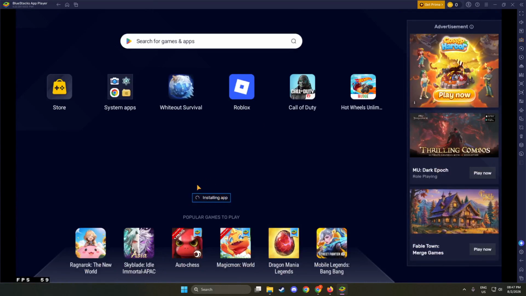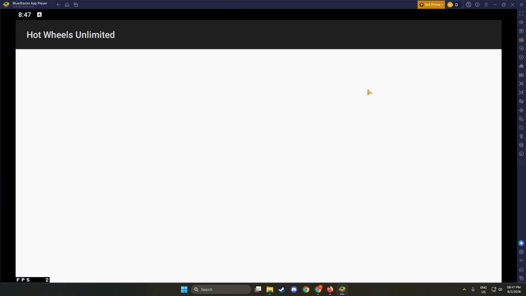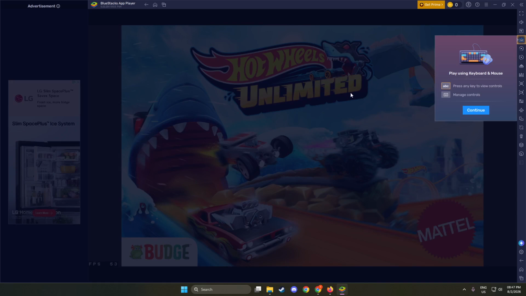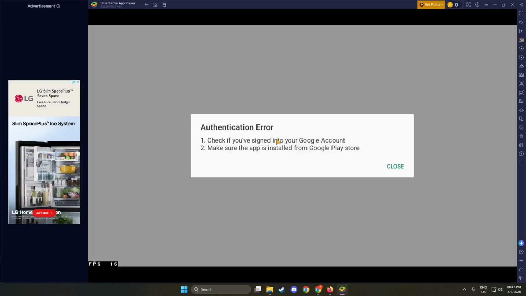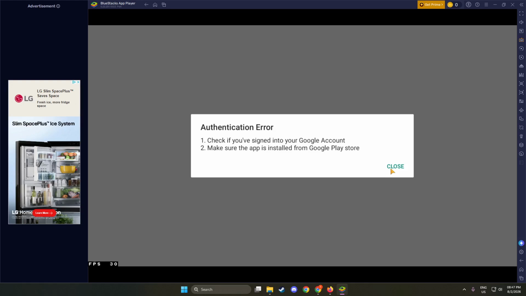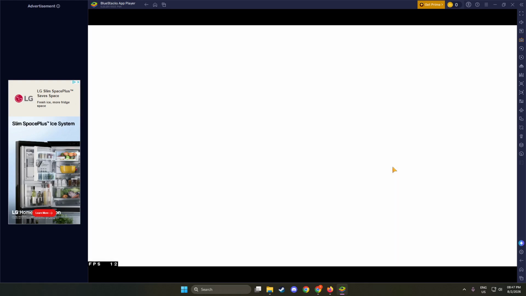At this point, open the app from the BlueStacks home screen. On the main BlueStacks screen, find the new app icon that matches the name of the XAPK you installed. Click the icon once, and the app will launch inside a new BlueStacks tab. You should now see the app splash screen or main menu load just like it would on an Android device. You have just installed an XAPK file on BlueStacks 5 and launched the app successfully.